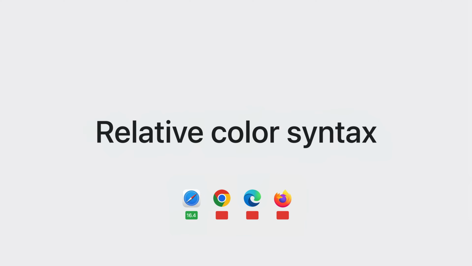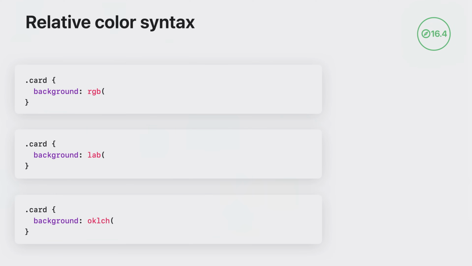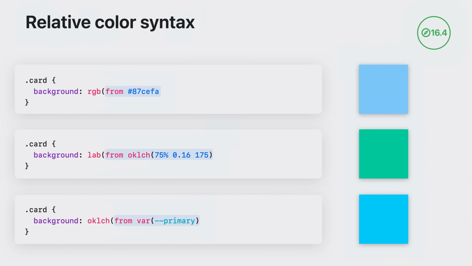Have you ever wanted to define a color in CSS while referring to another color? It's been possible to do similar things in preprocessors for a while. Now, relative color syntax lets you do just that. Just like many ways to define a color, you start with one of the color functions. This determines which color model is used to do the mathematical calculations involved in creating the new color. Next, state which existing color you want to start from. Then, take the channels from the function and manipulate them.